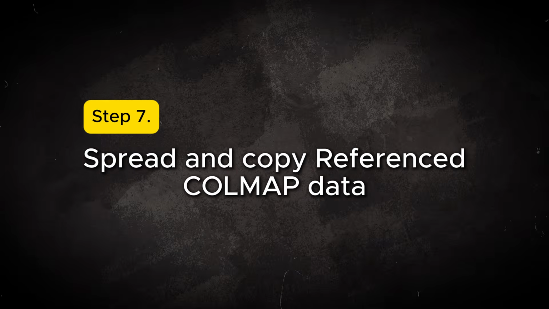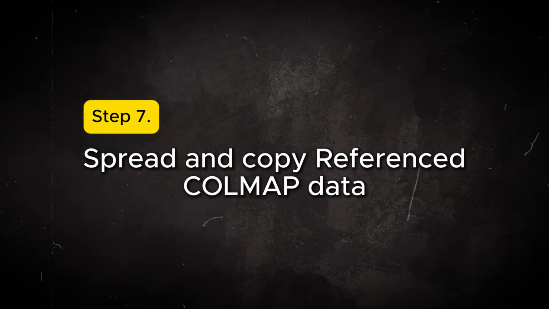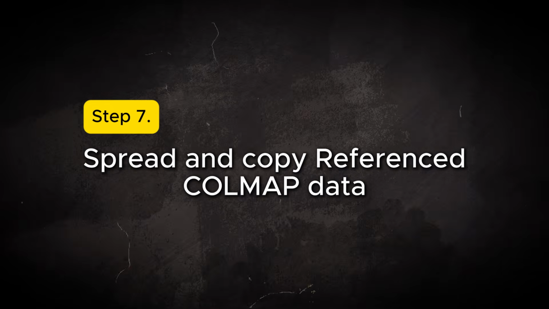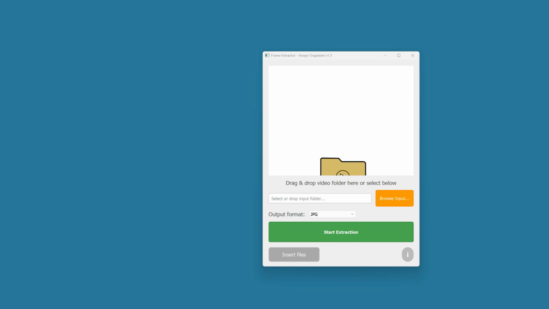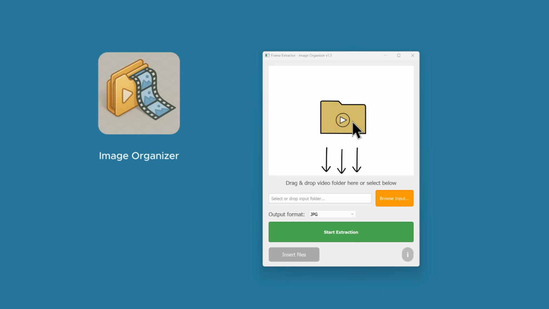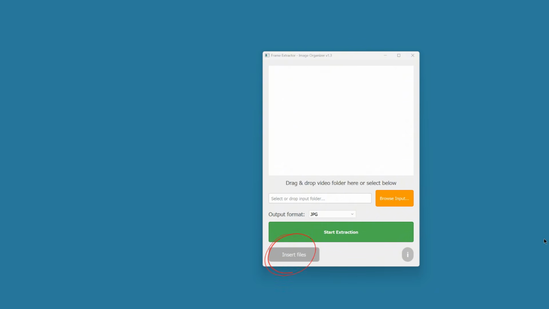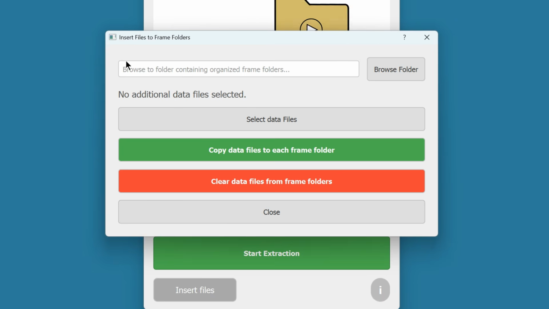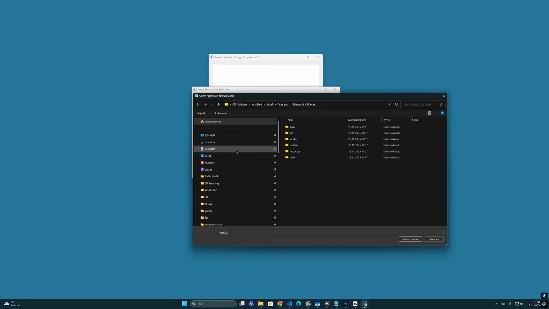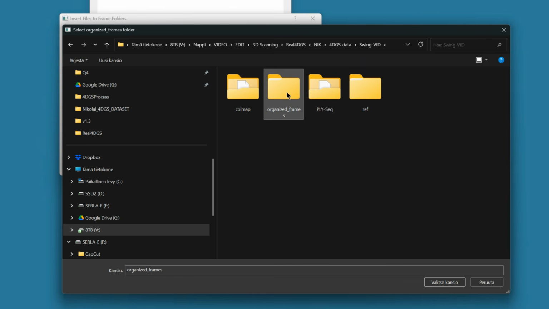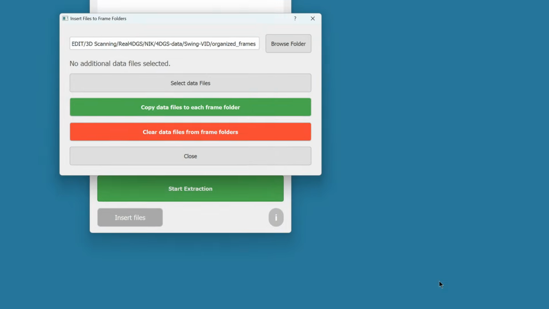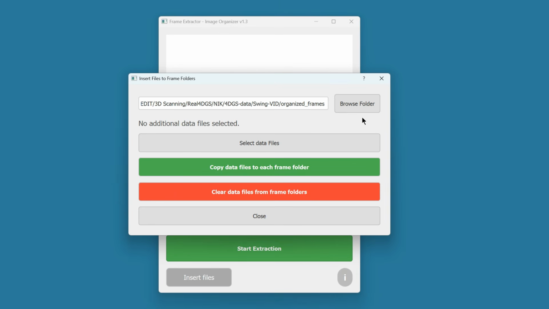Okay, the next step is to spread and copy that referenced COLMAP data into each frame folder. So we can come back to my image organizer software and use this insert function in here. It works like this. First we select the folder that contains our frames, which is the Organized Frames folder we created earlier. Then we select what data we want to copy